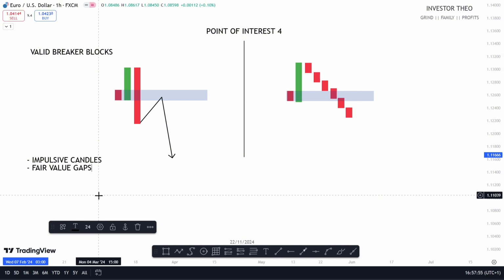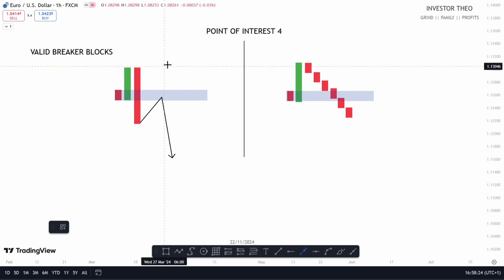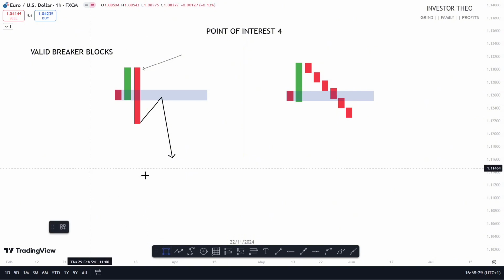So the first one, impulsive candles. Second one, fair value gaps. And this fair value gap is when you spot the breaker block being formed by three candles. The three candles should have a fair value gap in it. And then it should have validating and invalidating zones. First and foremost, impulsive candle, that is this candle we see over here. Fair value gap, we'll talk about that in the next video, but this is an example